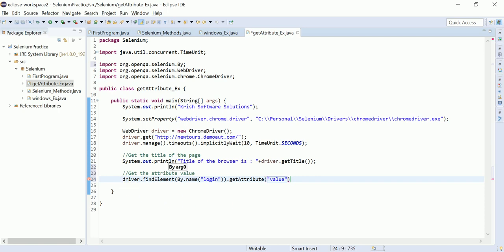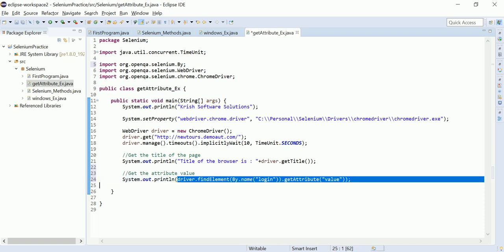Now let me try to print it. And also let me add here, value attribute value is.